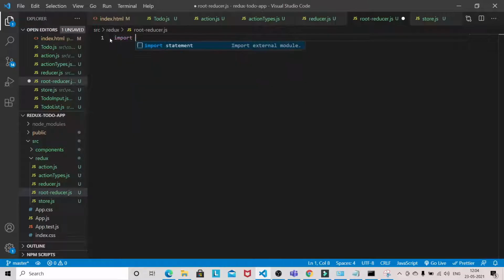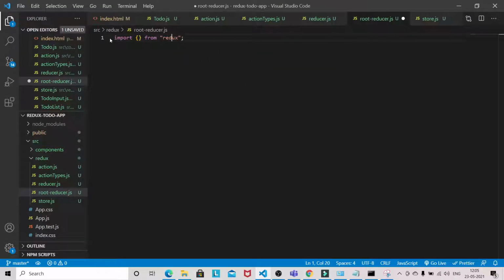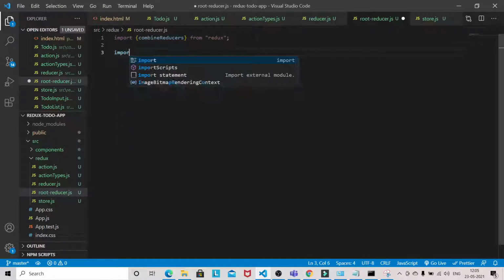Okay, so we need to import combineReducers from Redux. This is used when we have more than one reducer. So for this application we have only one reducer.